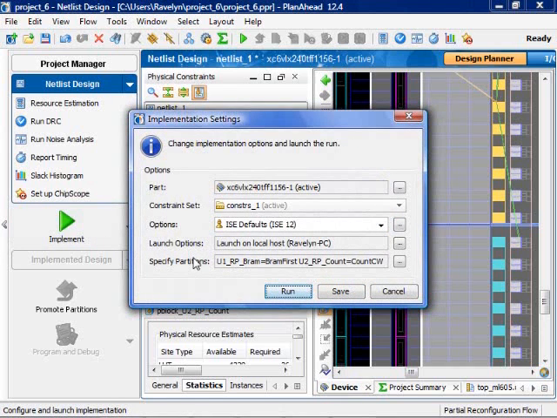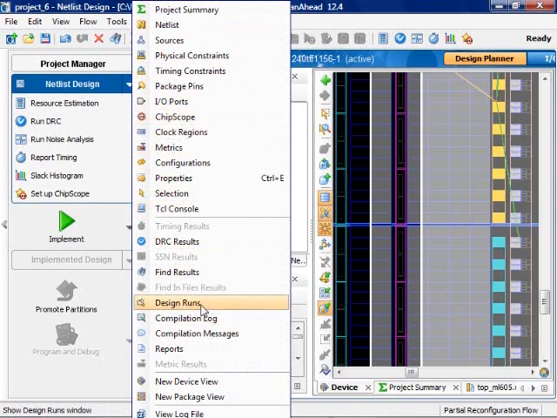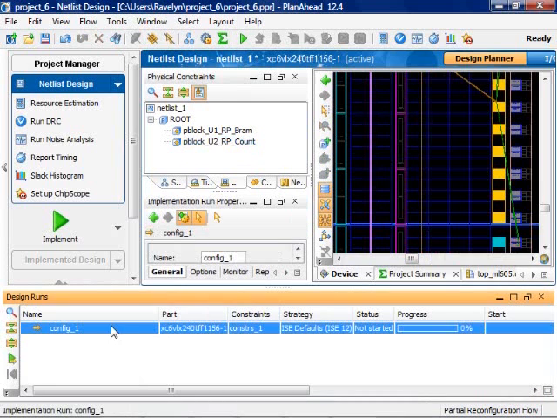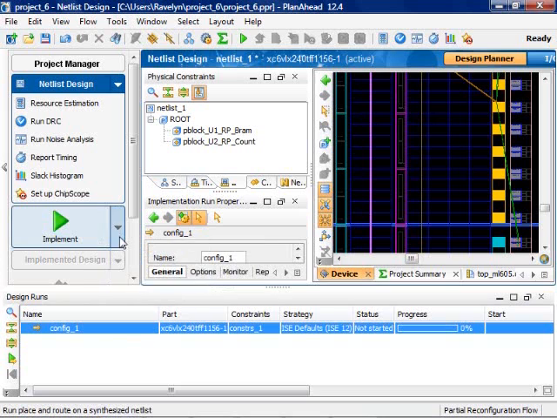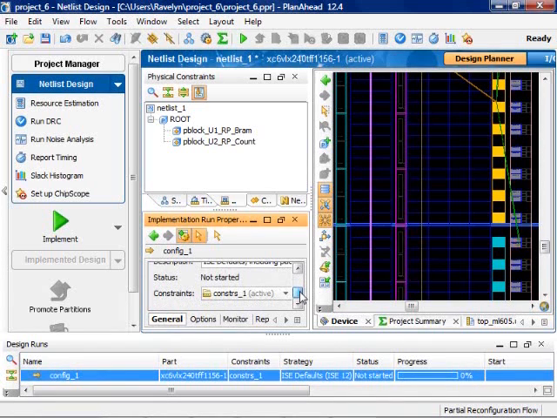Implementation settings, it should automatically. We need to go to Window, Design Runs, and we have Config 1. In the Implementation Run Properties window, select the Partition tab. And here, hard to see with my low resolution, but let's find the Partitions tab right there,